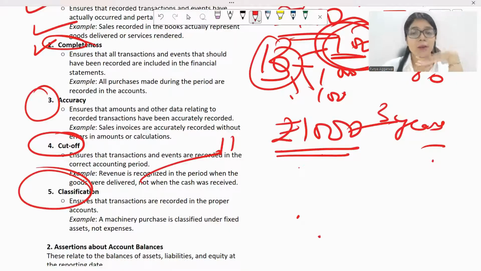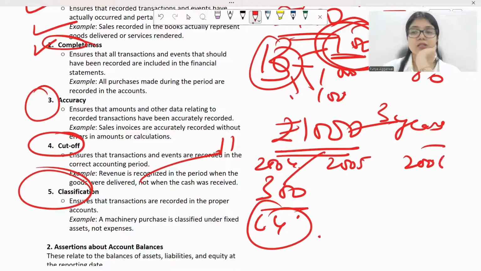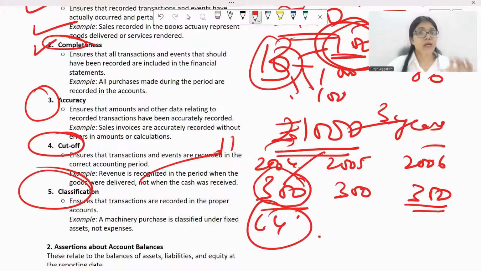Some amount of this, for example 300 rupees, will be paid in the current year, because of the 3 years, the first year is the current year, then the second year and the third year. So 2004, 2005 is the next year, 2006 is the next year, and similarly 300 and 300, do the maths. Technically, this 300 out of the 1,000 should be recognized as a current liability. Why? Because we have to pay it in the current year, in a 1 year gap. And the remaining 600, 700 rupees, whatever is left, has to be recognized as a non-current liability.